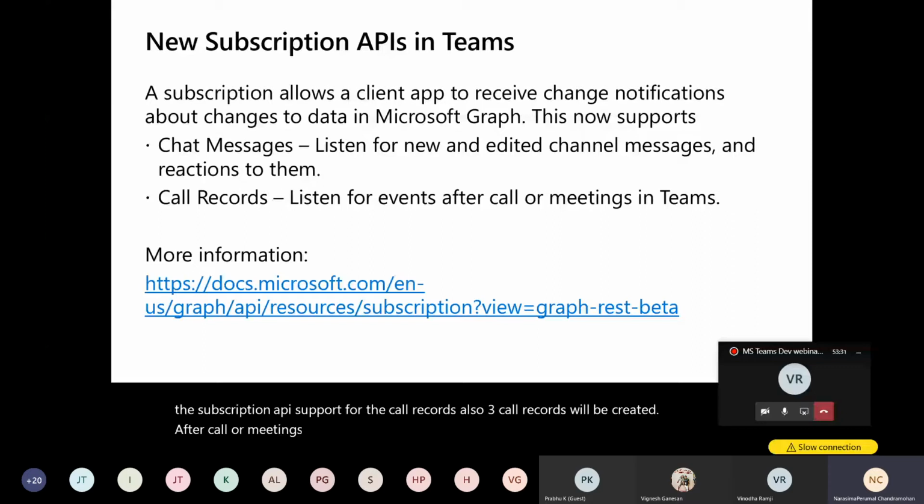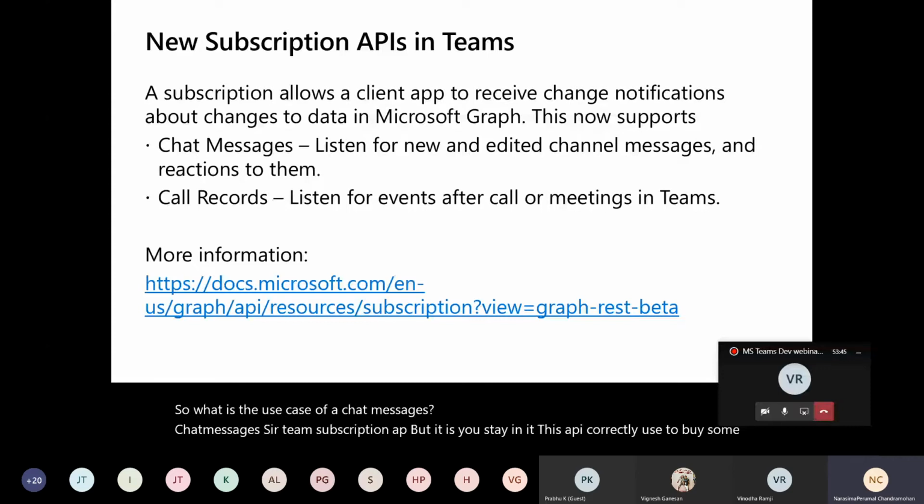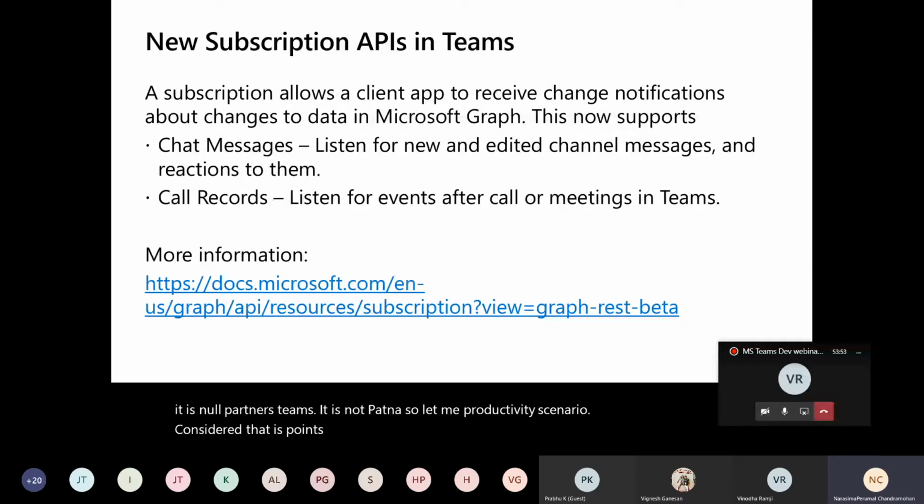This API is currently used by some educational partners, Teams educational partners. Let me provide you this scenario. Consider that a student is posting some offensive message in Teams, and some of his friends go and like that message, and then the student gets alerted that he has posted an offensive message.